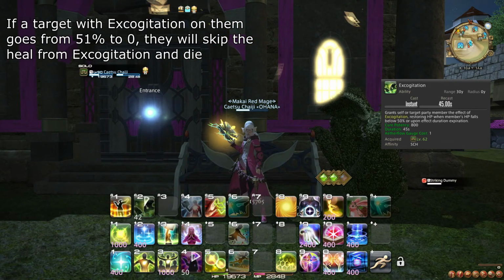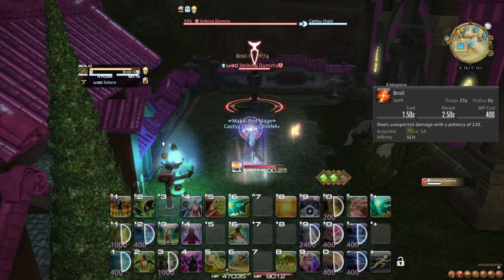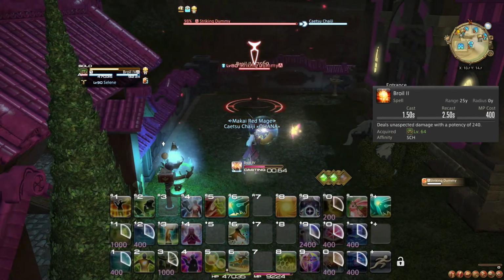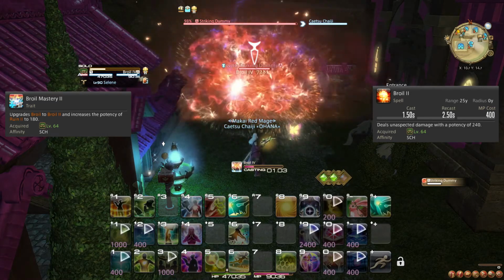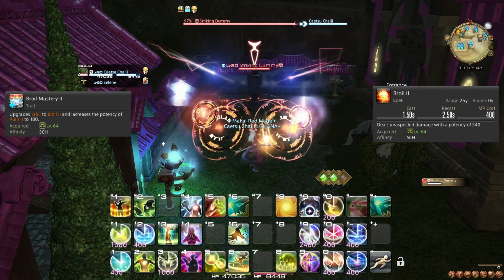In a raid context, it may be beneficial to use Excogitation in anticipation of a tank bust to ease the recovery afterwards. At level 64, Broil is upgraded to Broil 2. The potency of Ruin 2 is also increased slightly again, finally making it better than Art of War on single